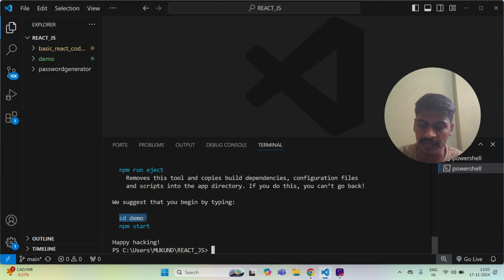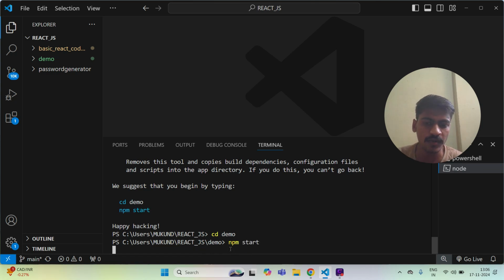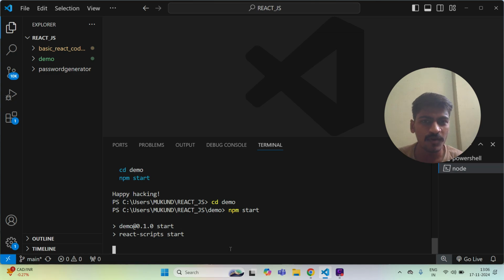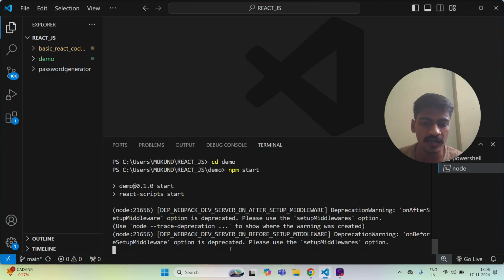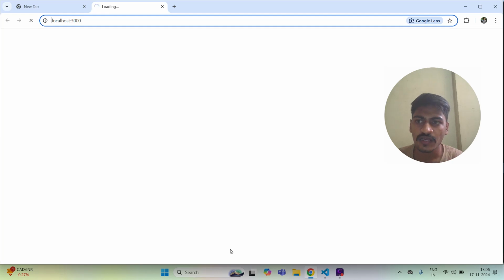After creation of the app, we have to go into that particular directory. If you are using Windows, you need to follow cd. Then to run the basic app we have the command npm start, which will run our React app, and by default it will show in your default browser. Most people now use Chrome, but some use Microsoft Edge as well. So it will run in that default browser on your system.